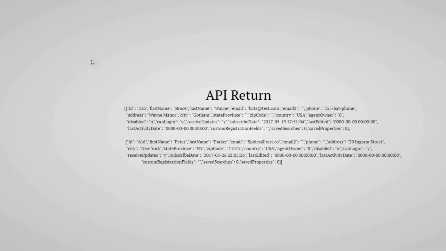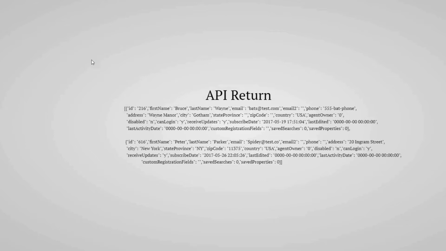So making this API call and getting this JSON, this is what it's going to look like. This would be the return from that API call. And these are the fields you're going to get every single time you make that call. This is going to be the first name and last name and email, like you would in an email parse, and a secondary email, you get the phone number, the address, state, zip code, and country, and more